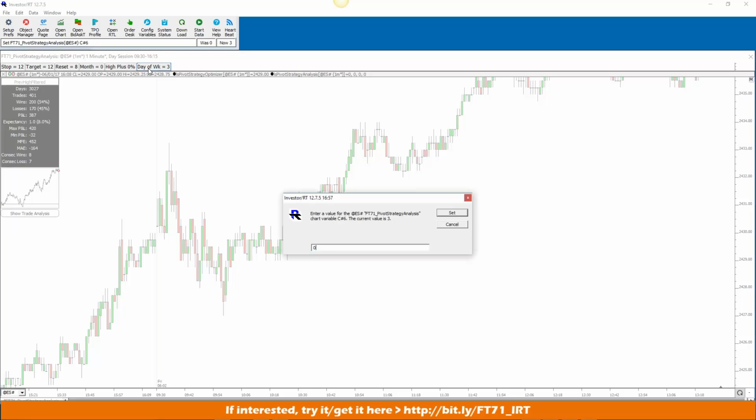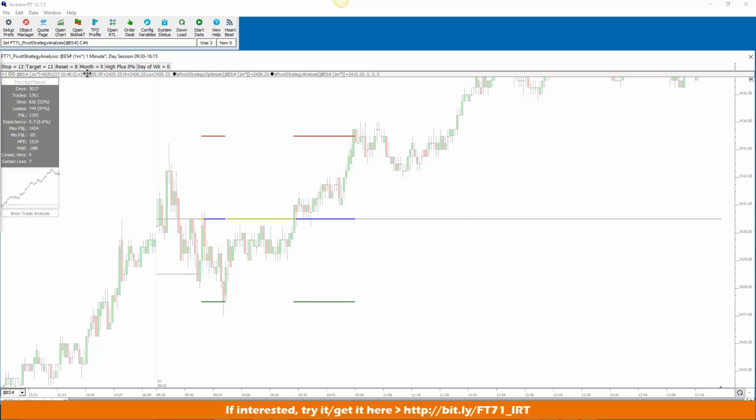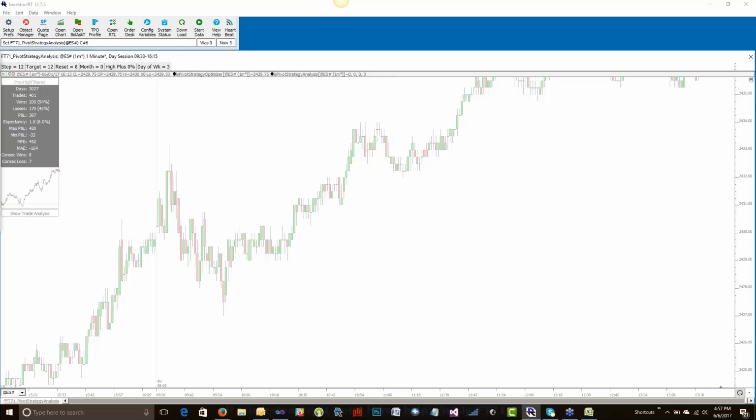If I set this back to 0, we're looking at all days again. So it's 1/5 of 3,000 days. So you had 600 days it could have traded on, but it couldn't trigger except on 400 days, 401 days according to your statistics, and it was 54% winning. Winning meaning it got its full target. This is a one-lot trade. 45% had to be stopped out, and the gross revenue from this is $387. Again, not